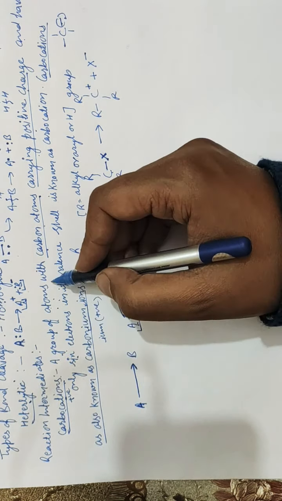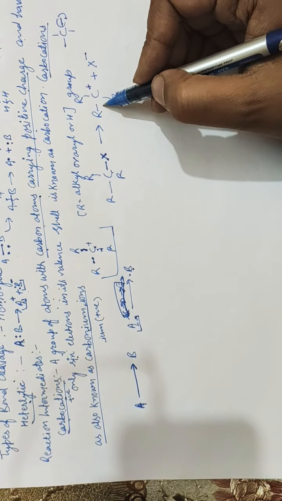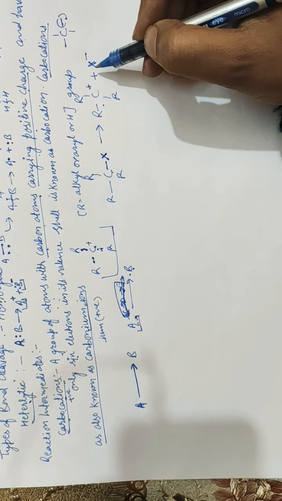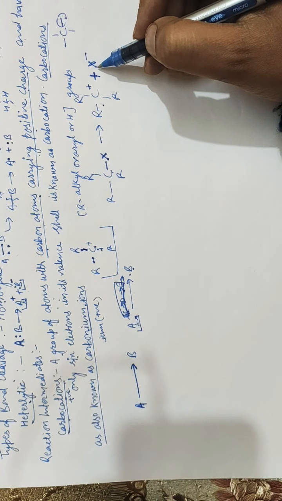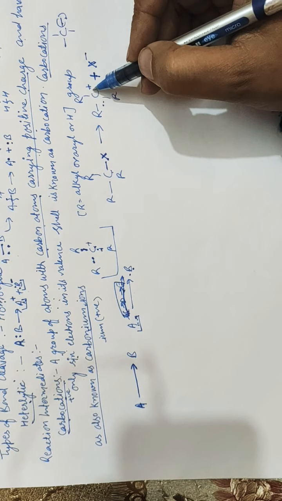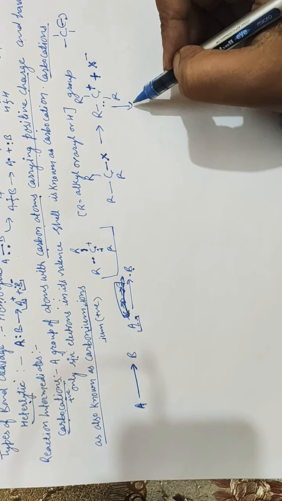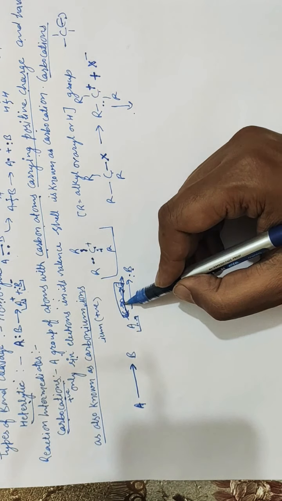So what does the definition say? It is the carbon atom carrying a positive charge, so it is called a carbocation, and the anion is the heteroatom, which may be a halogen or something else. This plus sign shows that two products are forming here. The carbocation with the positive charge will further react to form a certain product like this. Here, from A to B, the intermediate is formed.